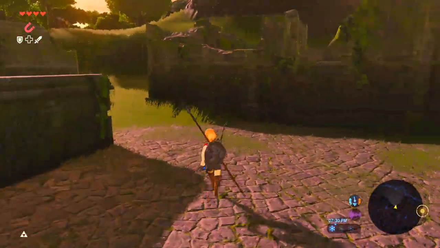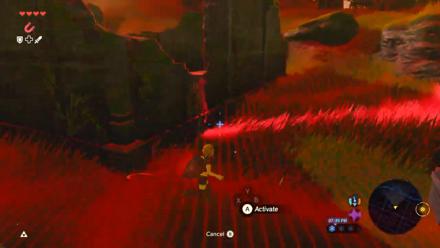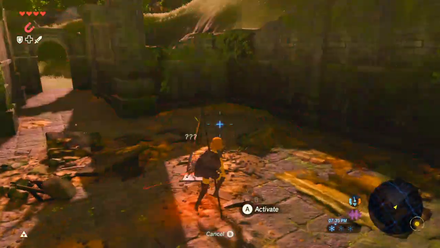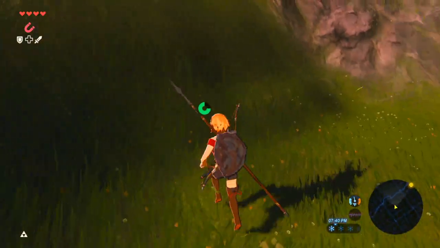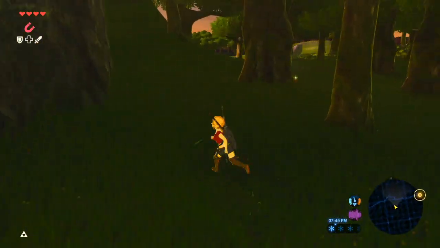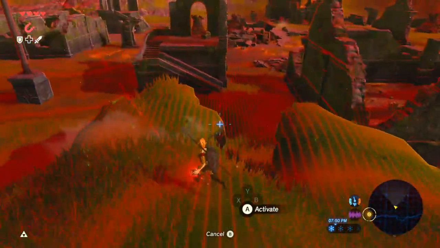I'm not done. There's definitely something around here from the DLC. I swear there is. If there's not, then I'm not going crazy. There definitely is. No, no, no, no. One's at the Colosseum. That's right. One's at the Colosseum. One's at the Sacred Ground, and the other is...